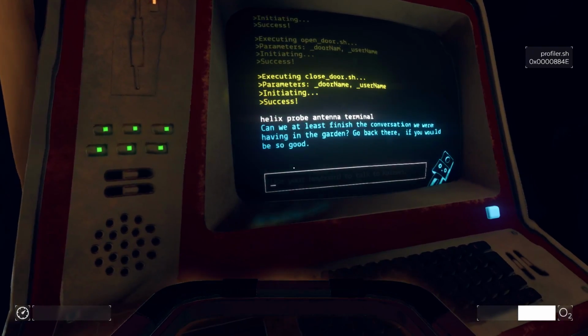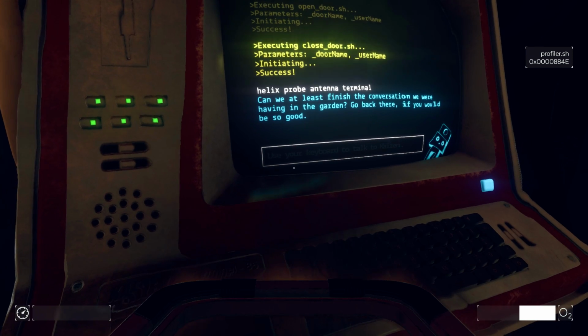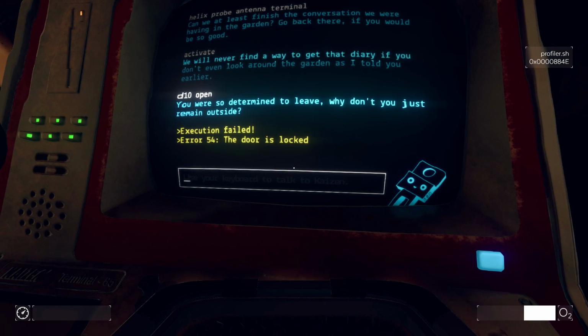I've just asked after the Helix probe antenna terminal, and Kaizen wants me to go back inside. Can we at least finish the conversation we were having in the garden? Go back there if you would be so good. No. Just reactivate the terminal. I think I may have slightly